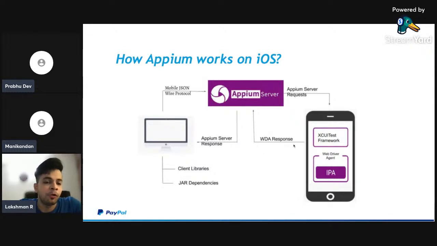So now, how Appium works on iOS. Similarly, the same process: the client library sends a request to the Appium server via the JSON wire protocol. The only difference here is that the WebDriver Agent plays a major role. In Android, we have bootstrap.jar, which converts the commands into an understandable format, right? Similarly, here WebDriverAgent.app plays a major role, which converts them into a mobile-understandable format by calling Apple's XCUITest API. And again, commands are performed, and the WebDriver Agent will forward the responses to the client, and